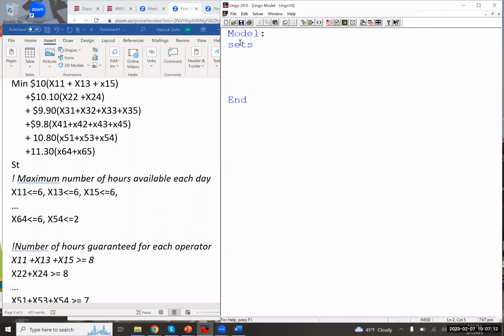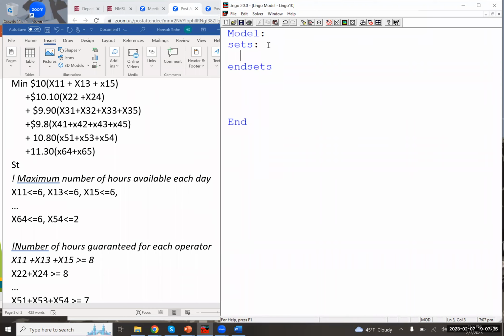So sets and end sets, okay? Make sure all of these are in blue so that they are the LINGO function names, okay? So in the sets,